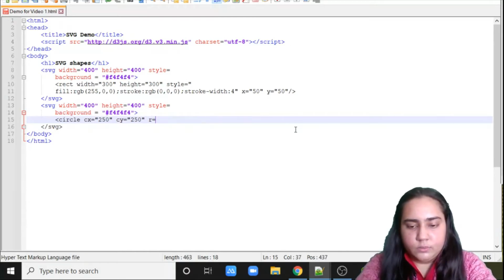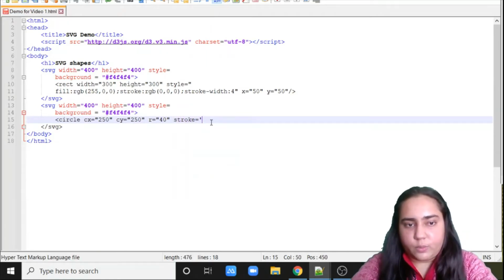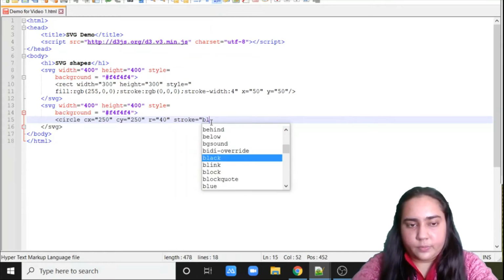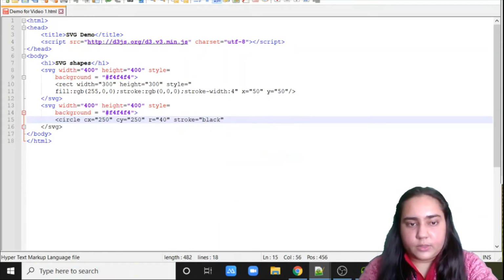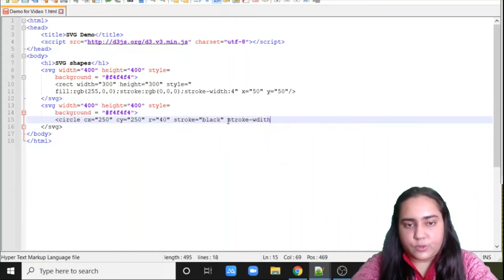And R, you can guess it's the radius. Okay. I also want to give it a border, so the stroke color, I want that to be black. So that is the stroke. Then you can specify how wide it's going to be, how thick the border is going to be. So